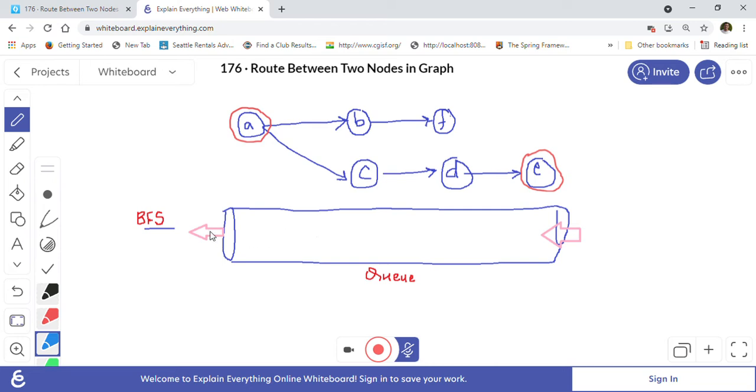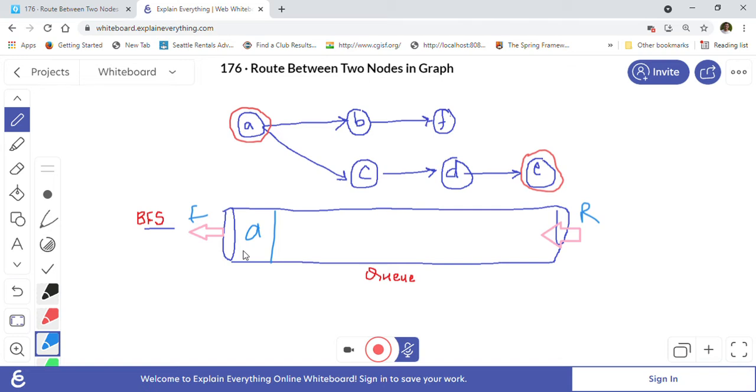This one is the front of the queue, and this one is the rear. We will add the source node A first into the queue, and then we will start the BFS. This is our starting point, and we will run the BFS in a while loop until our queue has some element to process.